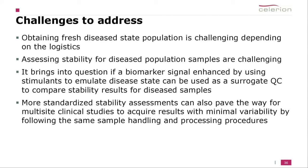More challenges that we see is when handling diseased state population. Obtaining fresh diseased state population is challenging depending on the logistics. Assessing stability for diseased population samples is very challenging, and it brings into question if a biomarker signal enhanced by using stimulants to emulate disease state can be used as a surrogate QC, which can be used to compare stability